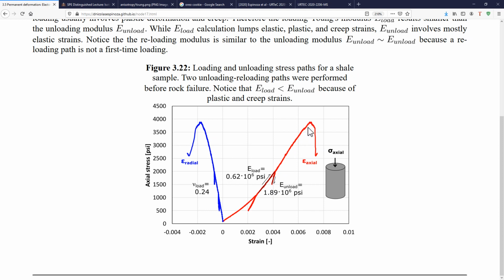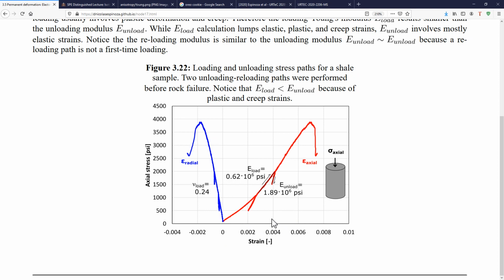Clearly, I can see here that if I break the rock, then this also is going to be an irrecoverable strain. And if I were to unload the rock from this point to zero axial stress, probably it's going to go back following a path like this,